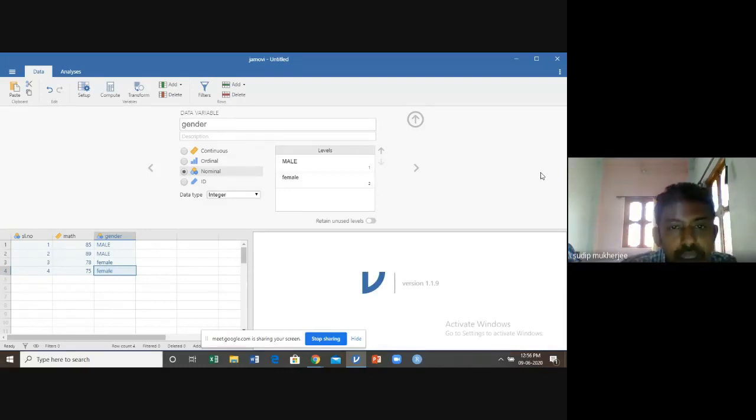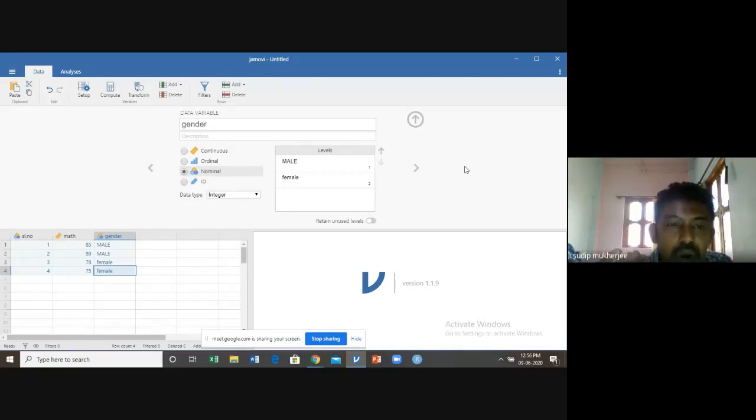When you use a Likert scale type variable or a 5-point scale variable, you can also quantify your scale in this particular tab in this form. So one can use his own code for coding the variable type.